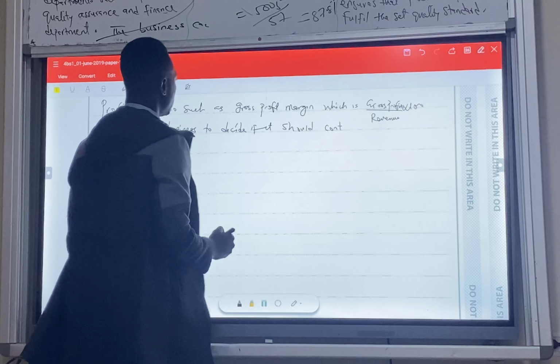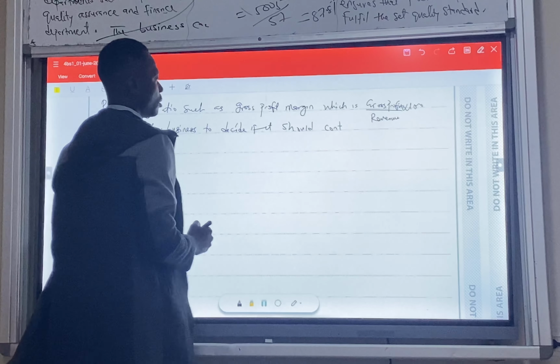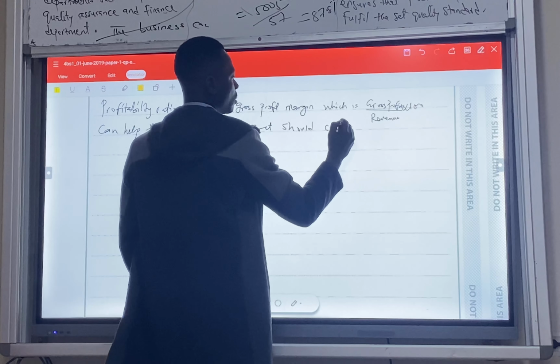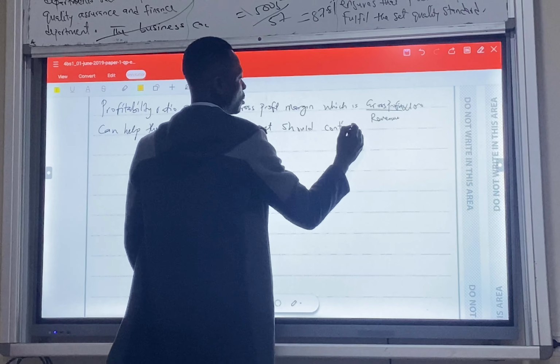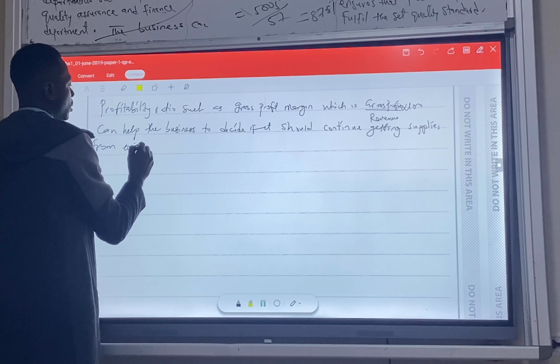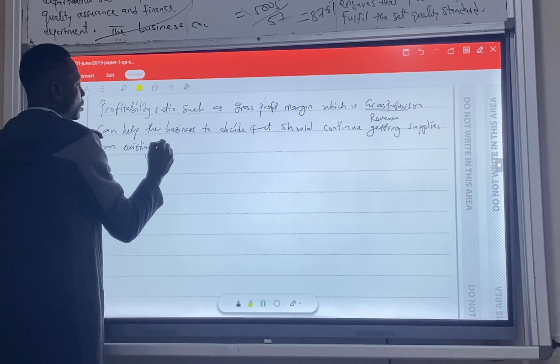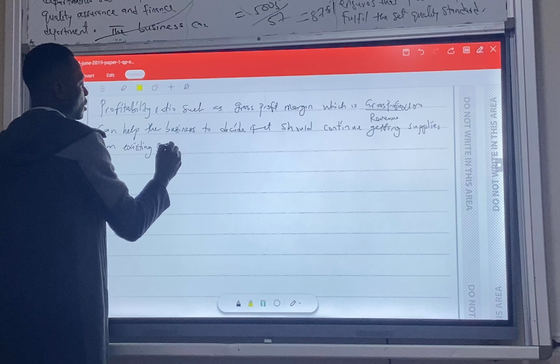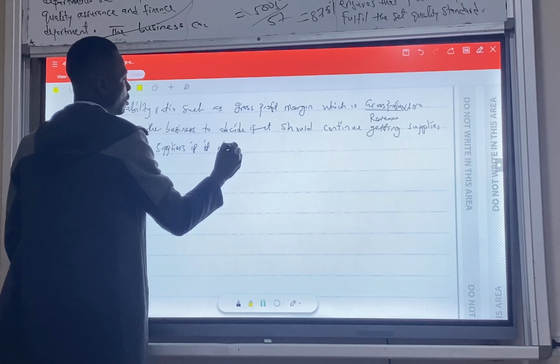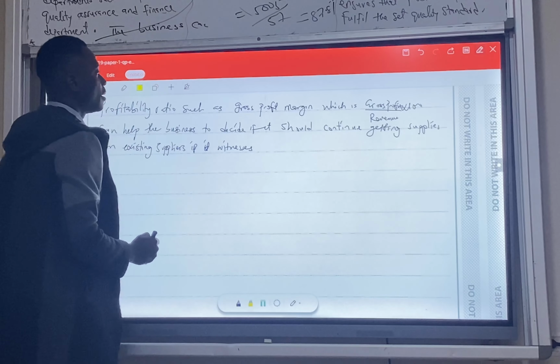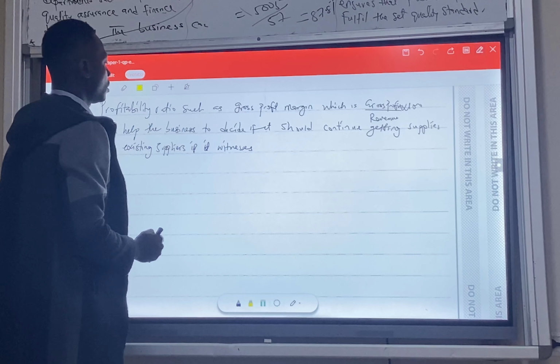Profitability ratio can help the business to decide if it should